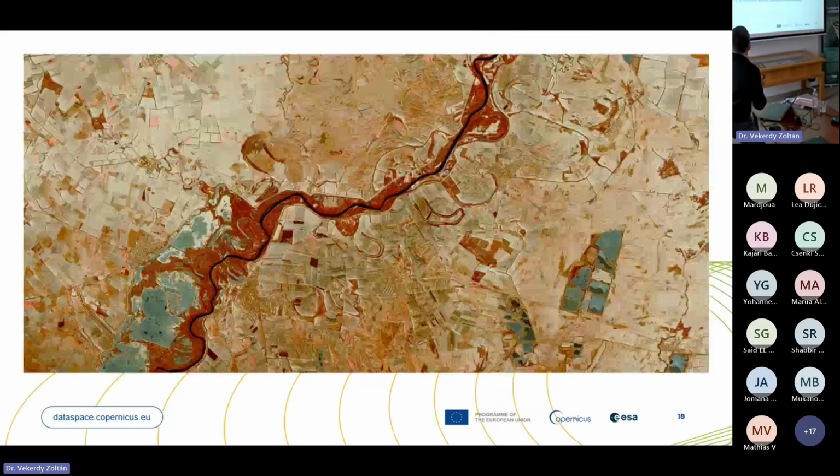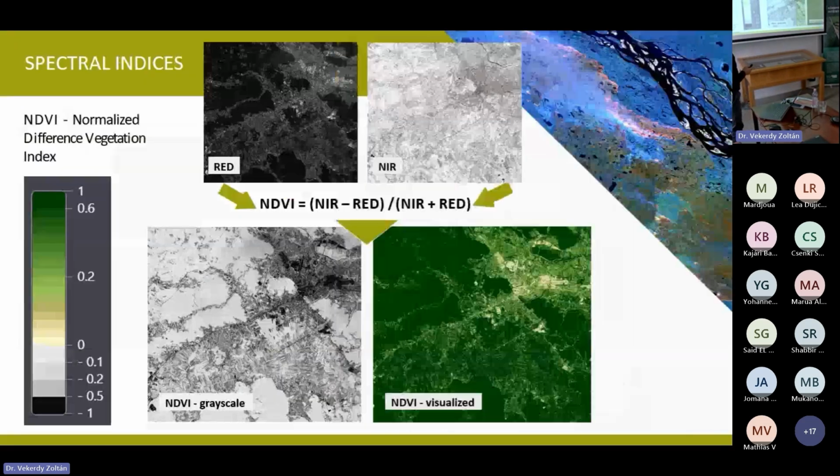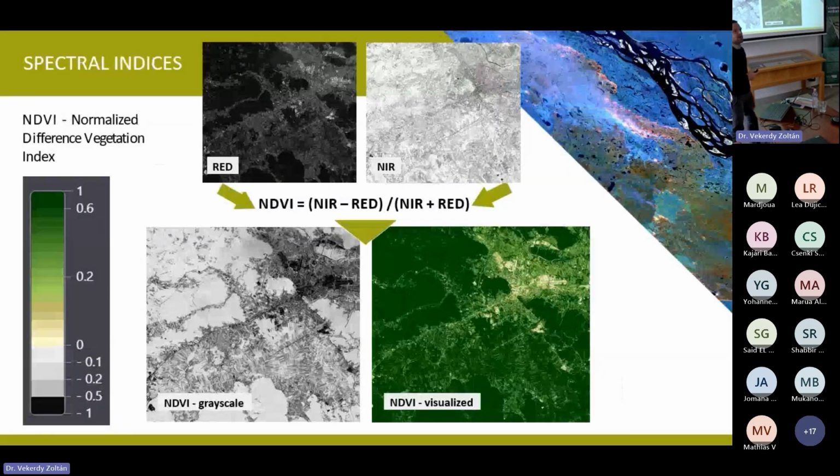Actually, let me go back quickly to NDVI, because there's a reason why we are using it. If you are dividing by the sum of near infrared plus red, then you're equalizing out a lot of the noise that's coming from differences between individual images or noise in the atmosphere, things like this. This is why it's such a robust index, because it's a product of the individual bands that you are using right there. So since it's not just, we could be using